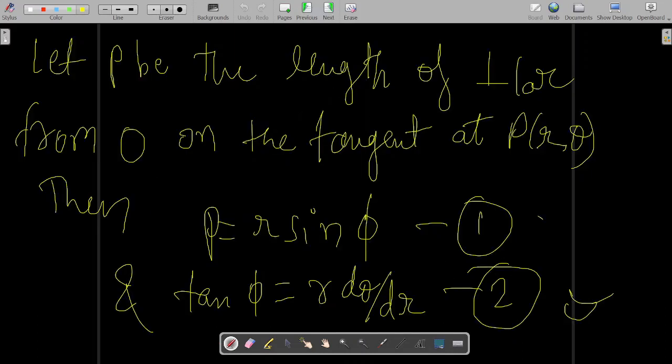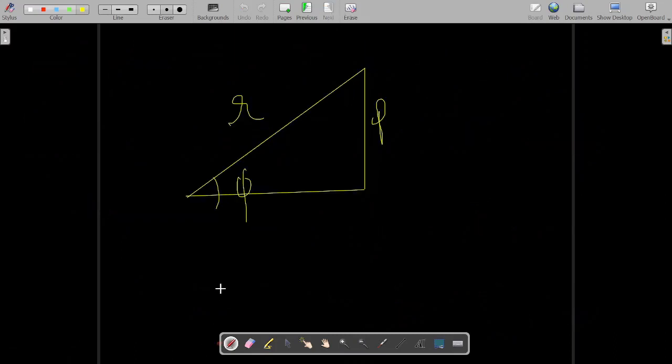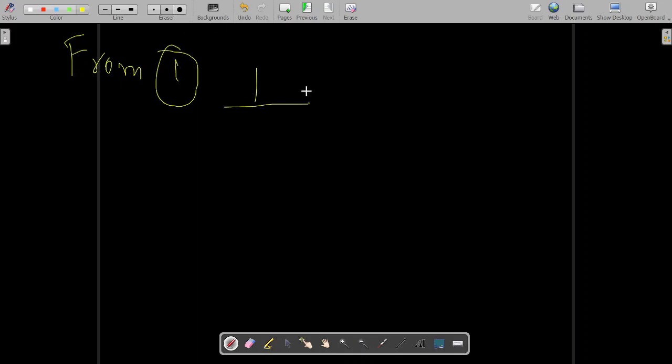So just notice this equation 1, we are going to do some manipulations. So from equation 1, let's write: one over p square is equal to